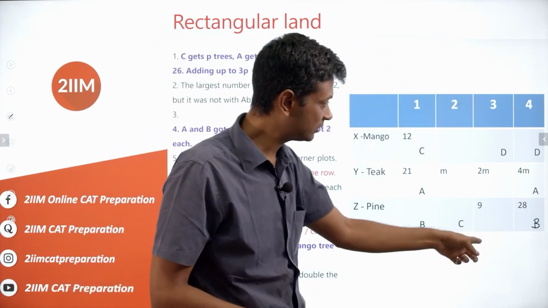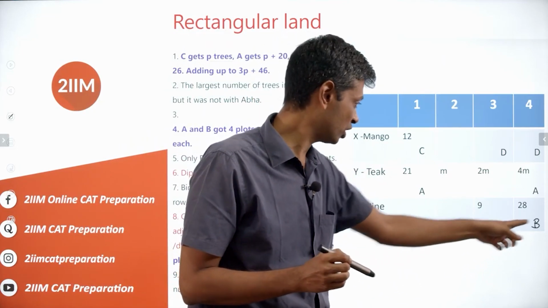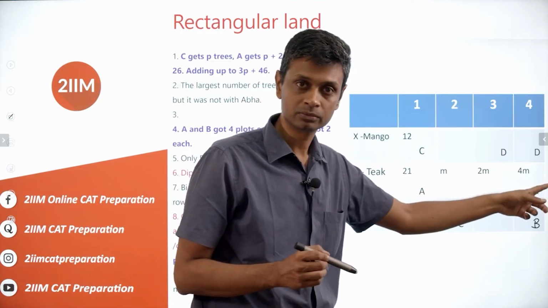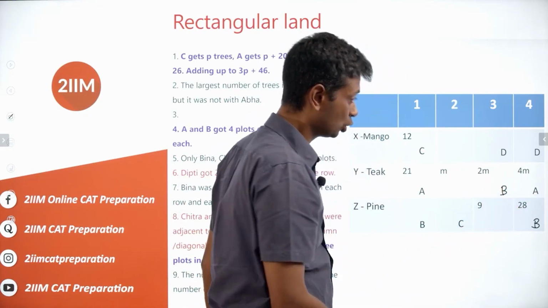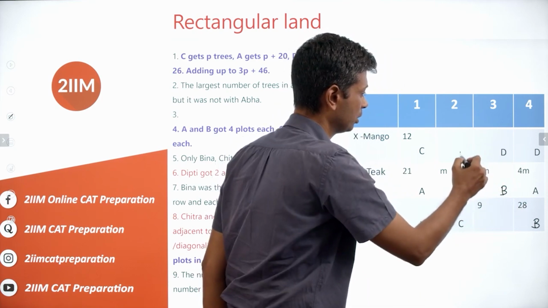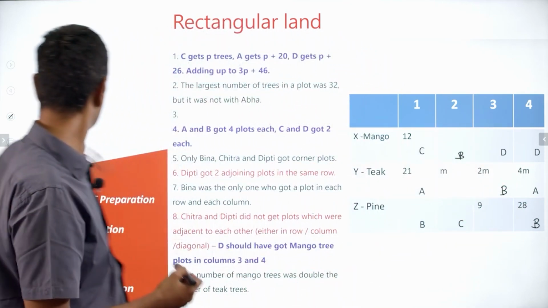In this column, there's again 1 which has Bina in it. It can't be this, because in which case 3 will sit here, there'll be nothing here. And so this has to be Bina. The 4th one, in this row, there's got to be Bina. This is Bina. And so if we fill that in,